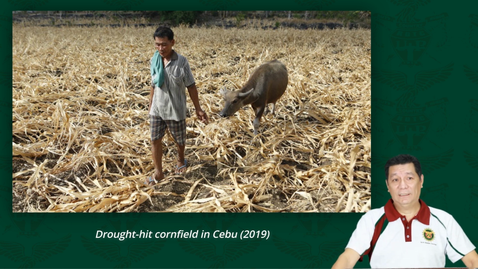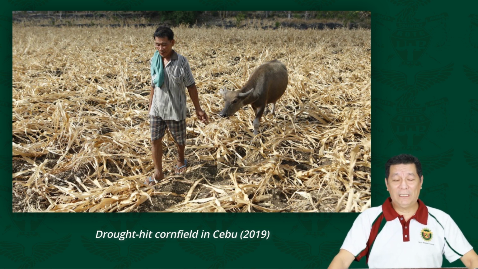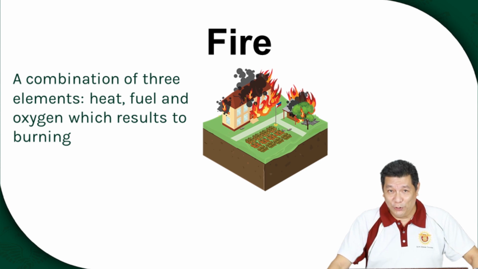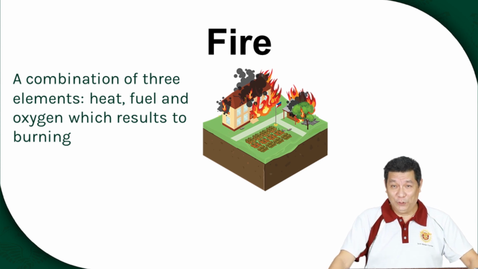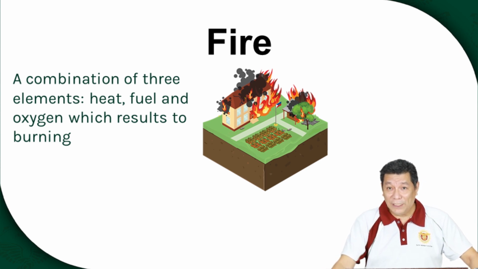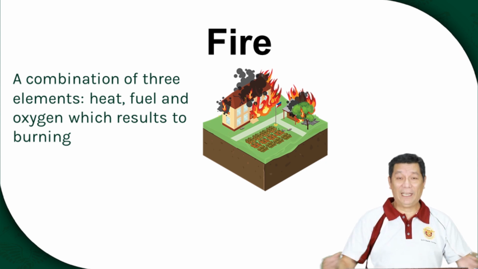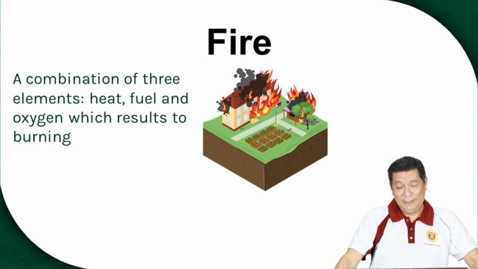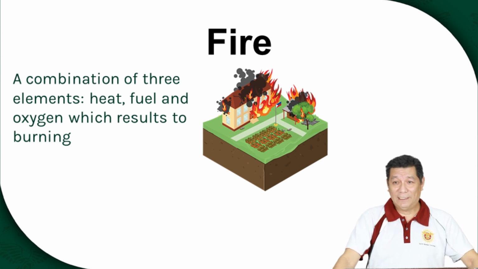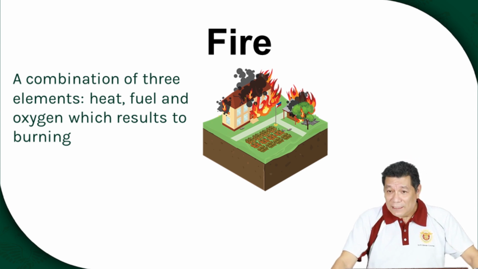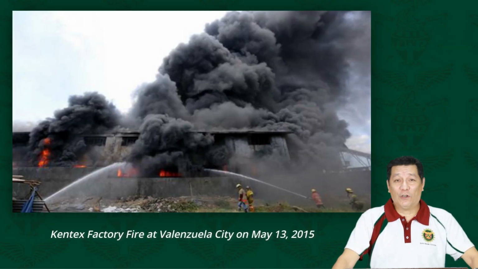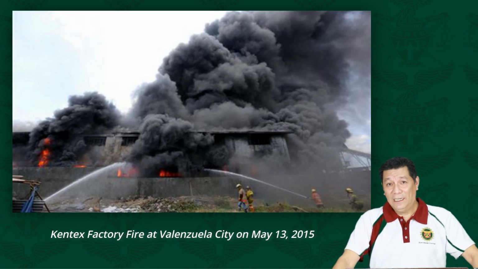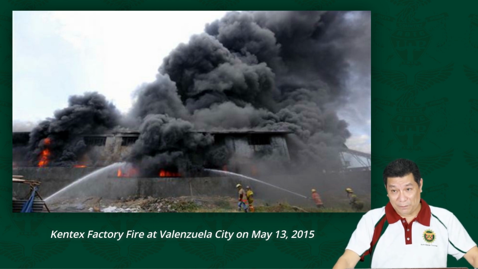The next hazard that we will be discussed is fire or sunog. Saan ba nangyayari ang sunog? Kadalasan sa mga factories at sa mga bahay. Dahil merong electrical faulty wirings or naiwanan ng kandila, napaglaruan ng apoy, at kung ano-ano pa. The most damage-causing fire that we have recently was the Valenzuela fire, which affected the factory of sleepers and maraming